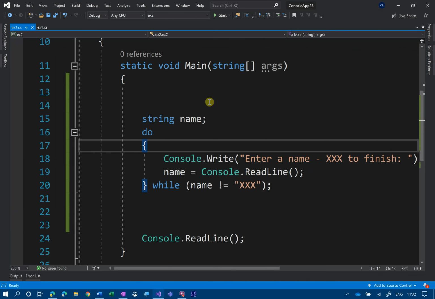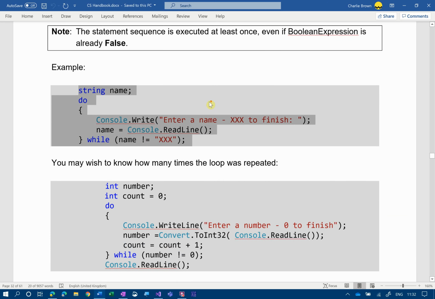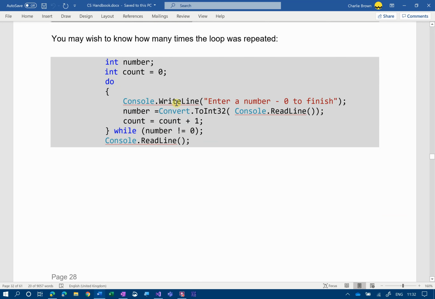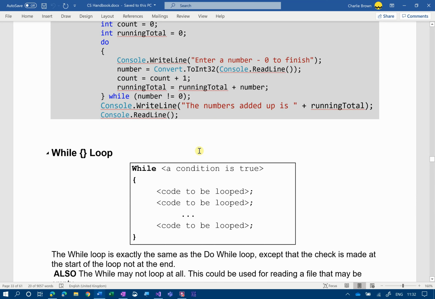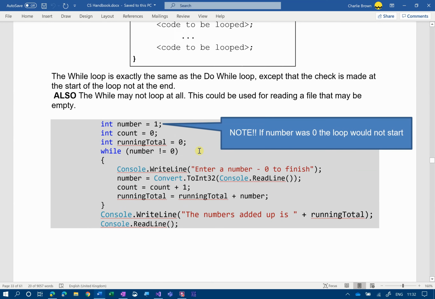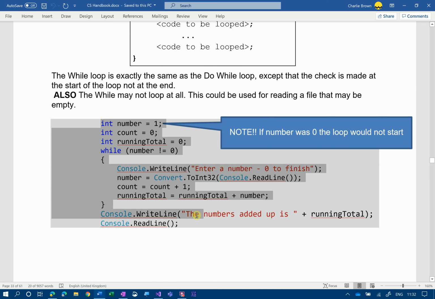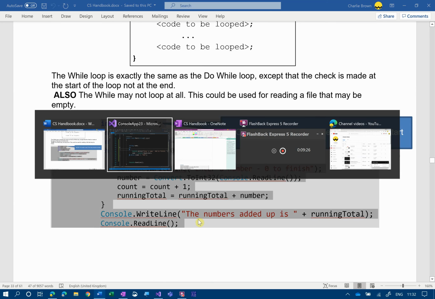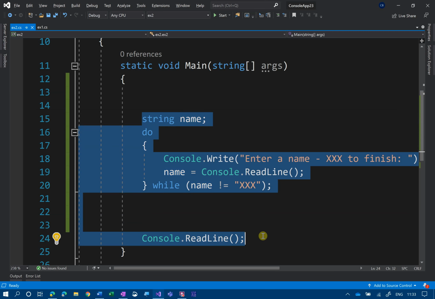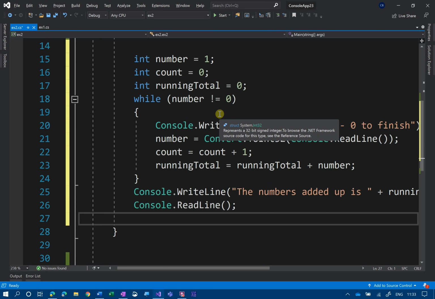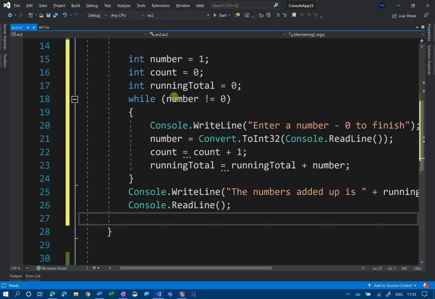You can always do that with a while loop if you don't like it. So a while loop, there's probably a better example there, reading in numbers. So let's have a look at a while loop. Let's just nick this bit of code here. So what do we have here then? So we have number one, count, running total, number. So while number isn't equal to 0, it's not equal to 0 because it's equal to 1, so it starts that. Now if that fails straight away,